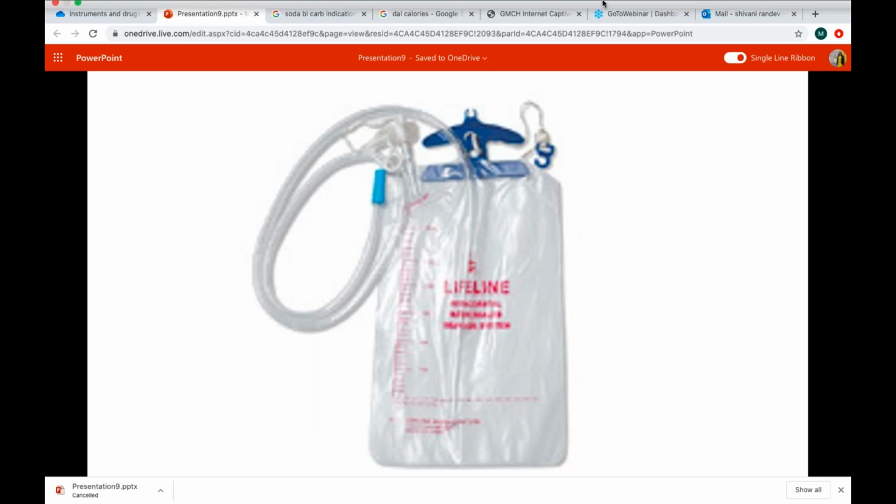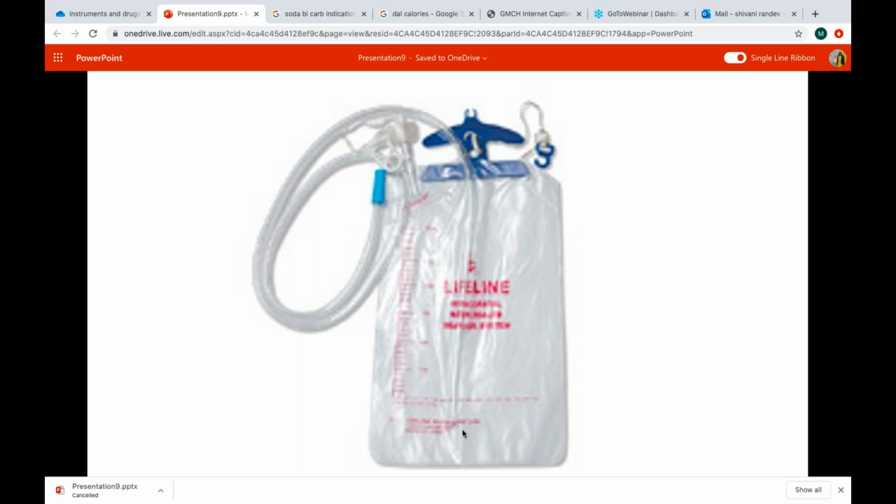Then coming to the urine drainage bag or the intercostal drainage bag, the difference between a urobag and this intercostal drainage bag is that this tube inside will reach down to this level. In a urobag, it was ending here. So why is it reaching here? Because usually we do an underwater seal for intercostal drainage. So a separate intercostal drain tube is put into the pleural space, and one end of that tube is attached to this bag to collect any fluid or for getting the air out in case of a pneumothorax.